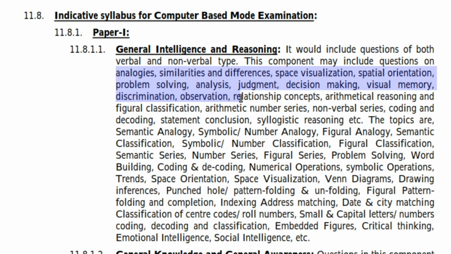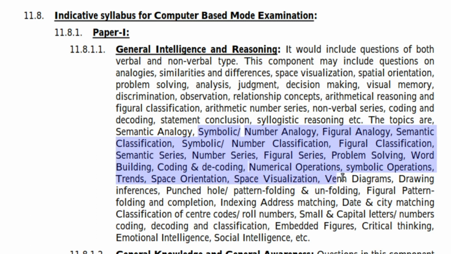So, observation, relationship concept, arithmetical reasoning, figural configuration, arithmetic number series, non-verbal series, and topics like coding and decoding, statement conclusion, syllogistic reasoning, etc. The topics are also semantic analogy, symbolic number analogy, figural analogy, semantic classification, symbolic and number classification, figural classification, semantic series, number series, figural series, problem solving, word building, coding, decoding, numerical operation, symbolic operation, trend, space